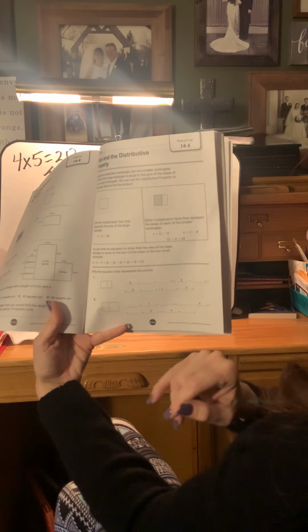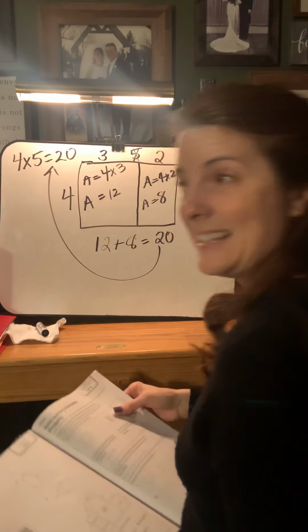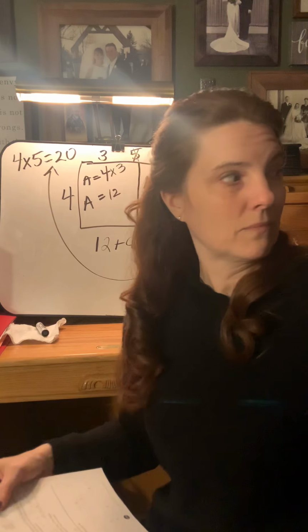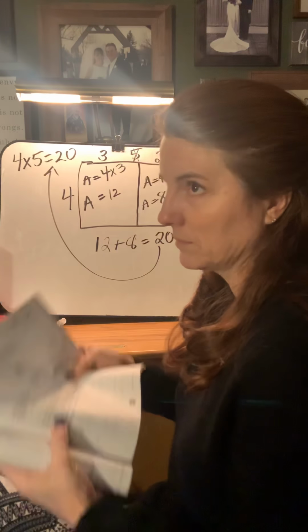If I just look at the 3 times 3, that is what I have here. And then if I look at this, I've got the 2 times 3 is what I have here. And all I'm doing is adding them together. Okay? Let's disregard this top row. I don't want to make this any more confusing. It doesn't need to be. It's really quite easy. Okay? So let's look at number 2